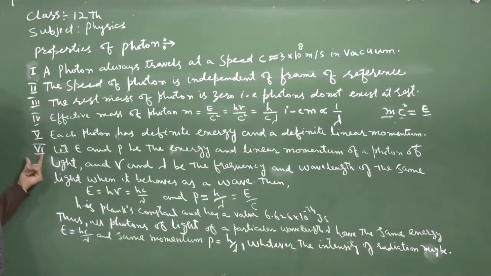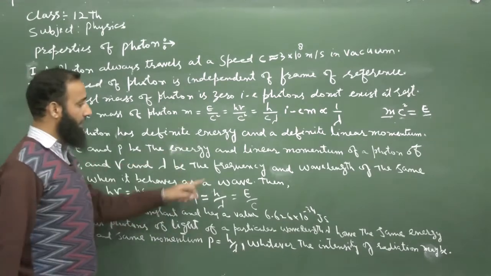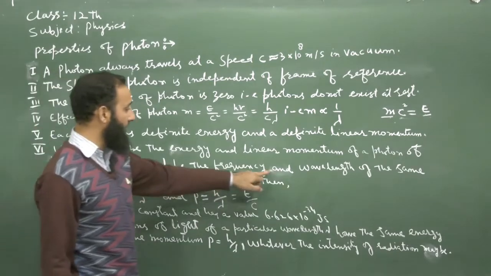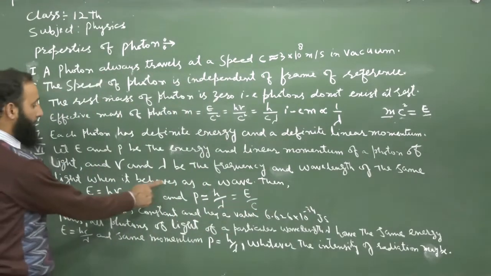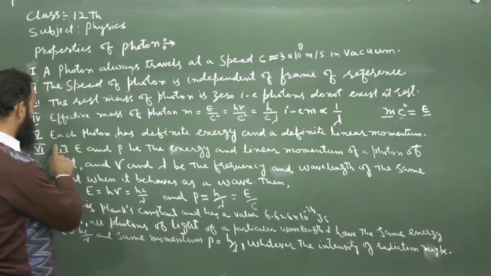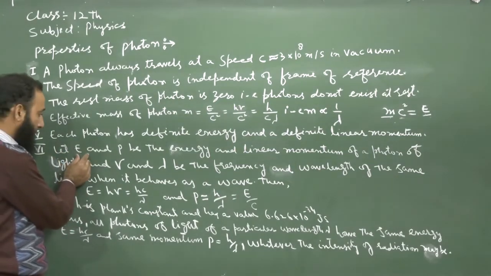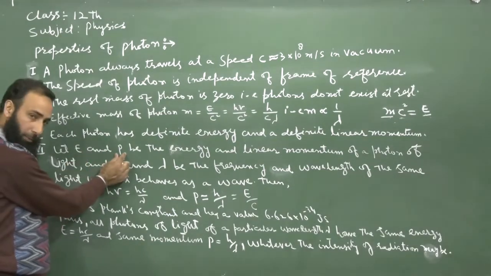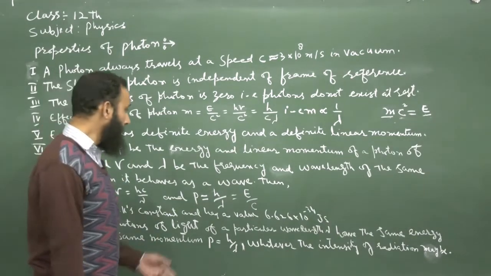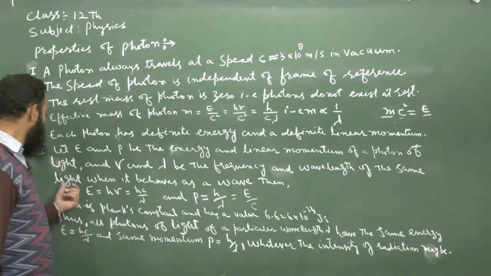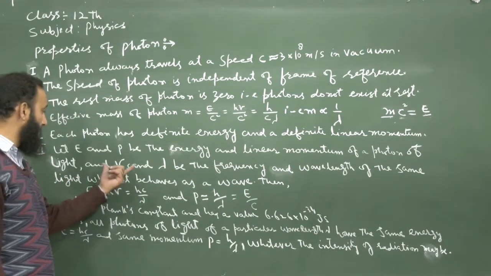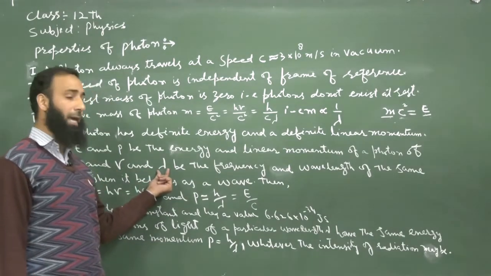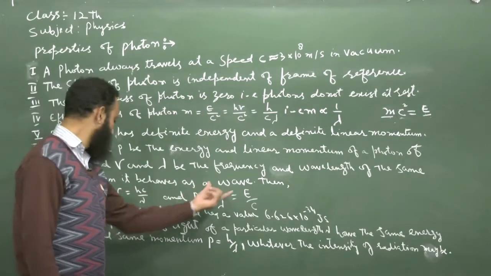Now property number 6: let E and P be the energy and linear momentum of a photon of light, and nu and lambda be the frequency and wavelength of the same light when it behaves as a wave. अगर हम डिनोट करते हैं एनर्जी ऑफ ए फोटॉन by E and momentum of the photon by P, तो अब जो फोटॉन ऑफ पर्टिकुलर लाइट का जो है, तो अगर उस लाइट की फ्रीक्वेंसी है न्यू एंड उसकी वेवलेंथ है लैम्डा, जबकि ये बिहेव करते हैं एज अ वेव, जब इसका बिहेवियर होता है एज अ वेव, तब दिस एनर्जी E